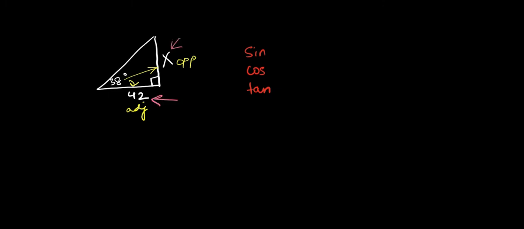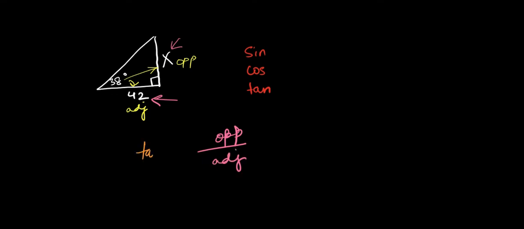Let's see one more type of question. This is a right angle triangle. Find the value of x if your angle is 38 degrees and this side is 42. In this question, what trigonometric function will you use to find the value of x? Should we use sine, cos or tan? Our angle is 38, so opposite to theta is x, that is our opposite side, and this is our adjacent side, which is 42. So this is opposite over adjacent.